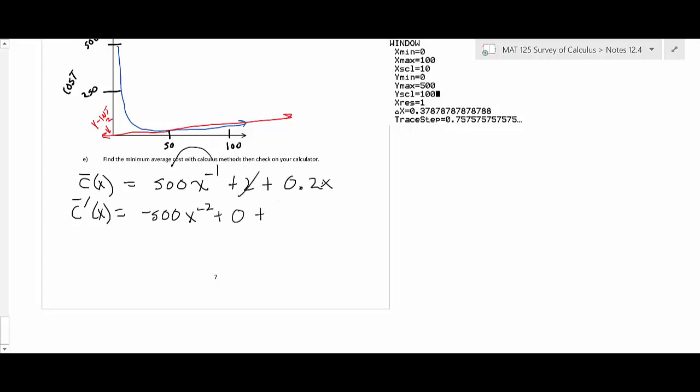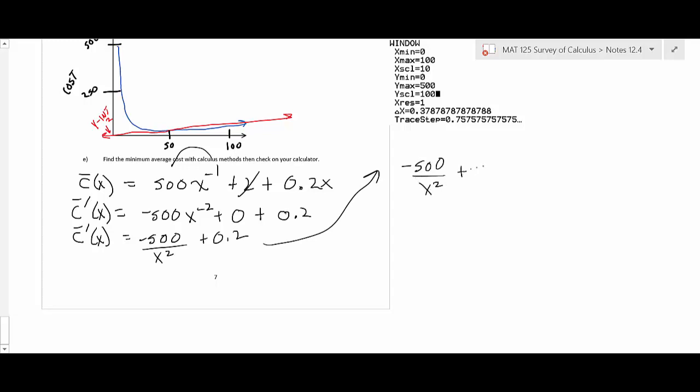What's the derivative of 0.2x? Okay, 0.2. So that's your derivative. Now let's go ahead and write this as negative 500 over x squared plus 0.2. What we want to do on that is analyze that, set that equal to 0, and then make a sign chart on that. If you set this equal to 0, you'll have negative 500 over x squared plus 0.2,